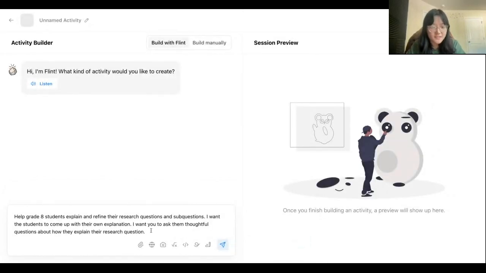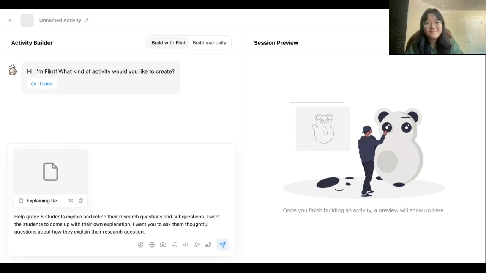This is something that a teacher had actually come to me with in terms of an activity that they wanted to build out. So she shared with me this document, and once it loads, I can show you,